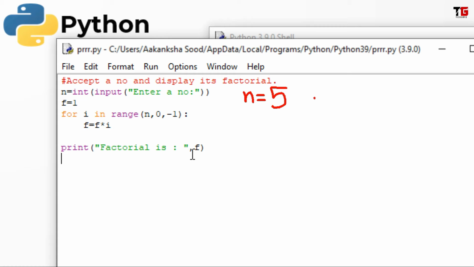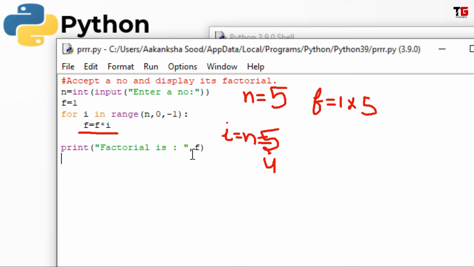Consider n is 5. f is having 1. Then I run a loop for i in range n to 1. It means initially i is equal to n, means i is equal to 5. Then I said f equal to f into i, that means f will have 1 into 5.